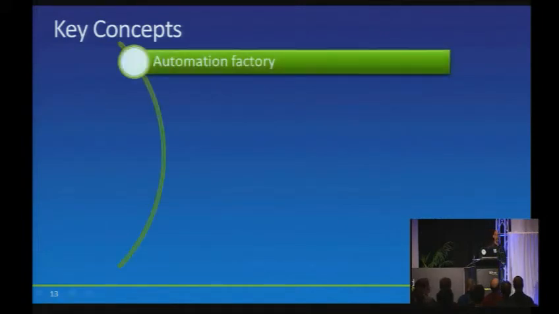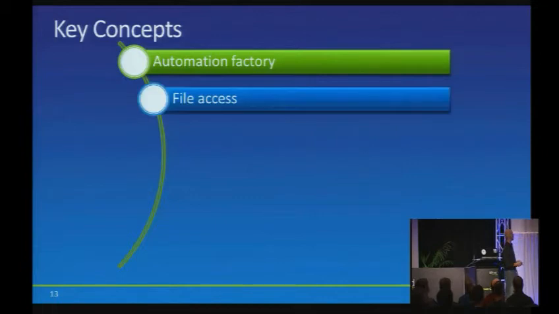So first, we're going to talk about the automation factory. The automation factory is a class that allows you to invoke different objects on the desktop that you cannot do unless you're running an elevated trust. For example, you can invoke anything that's got a COM interface, so like Office's Excel product, or Word, or Outlook. Or if you have your own API that's got a COM interface on the desktop, you can actually invoke that as well. And we'll look at some keys with running the automation factory and how you can do some really